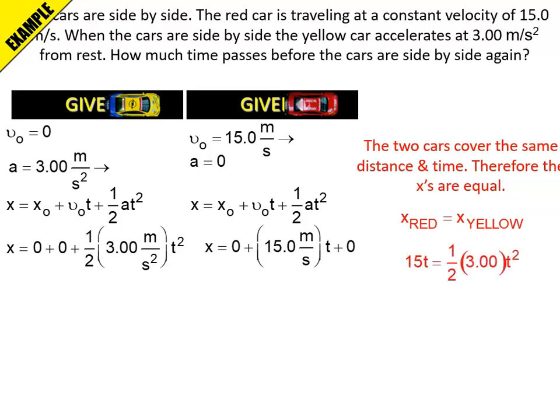So, anyway, just in this case, eschewing the units, because we've already written them out here, just showing the method, we say, okay, well, x red is equal to x yellow, so the final red expression for x is equal to the final yellow expression for x. Sorry, the red is on the right, yellow is on the left. So we switched that a little bit here. But now what we're going to do is move all the terms to one side of the